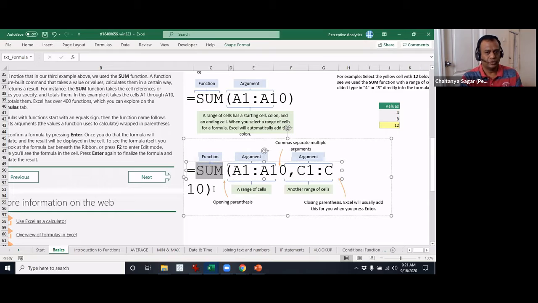Basically I'm also keeping into account folks like Shravan who may be new and it might just throw up an error. The reason why I'm talking about this is sometimes if you don't have an adequate number of closed parentheses, then Excel will throw an error.